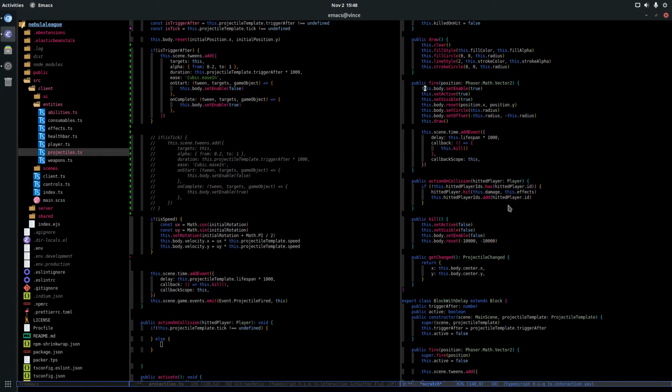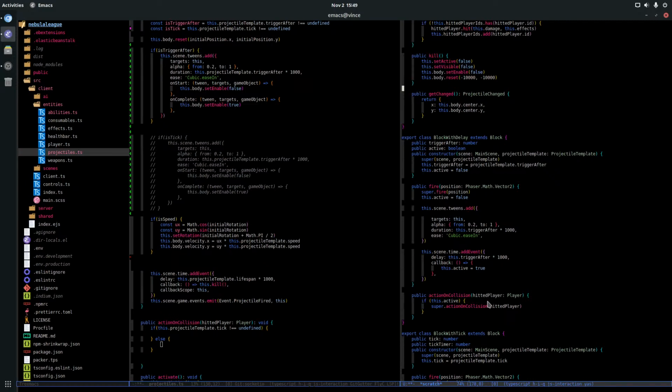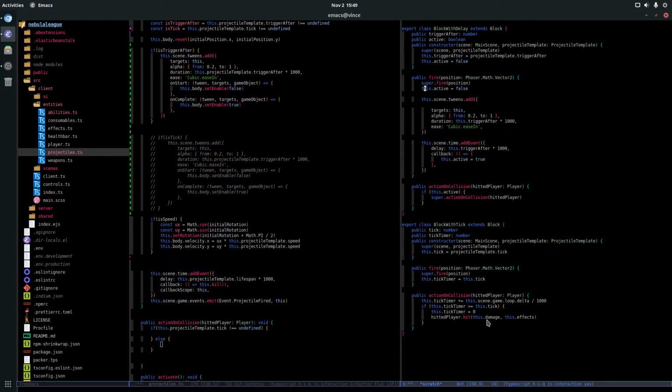And it's still visible, so maybe I need three different collision ways. I need ones that die when there is a collision, I need ones that track who was hit, and I need another one that can track a timer.